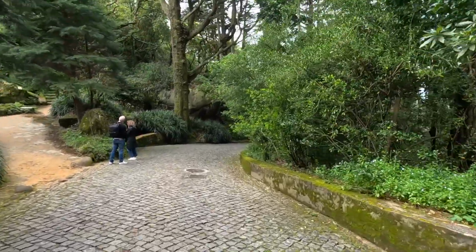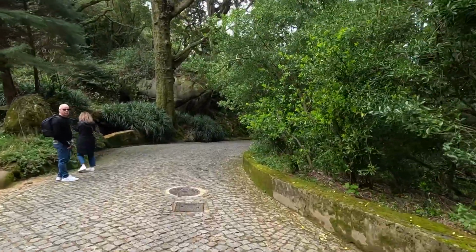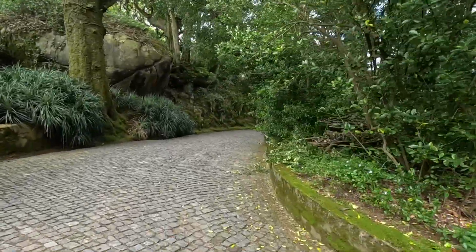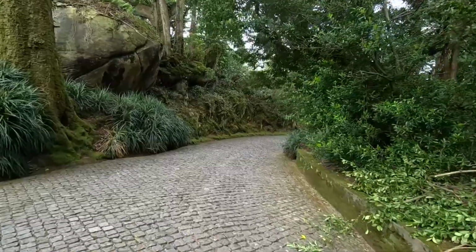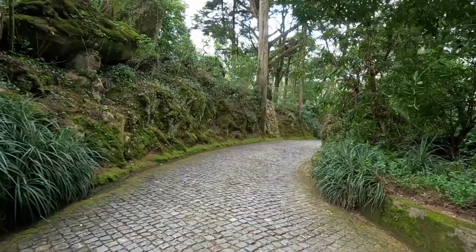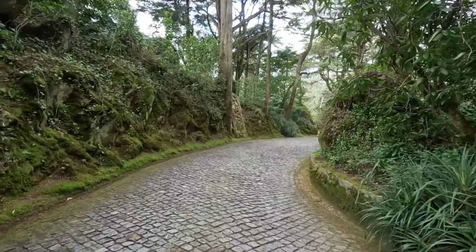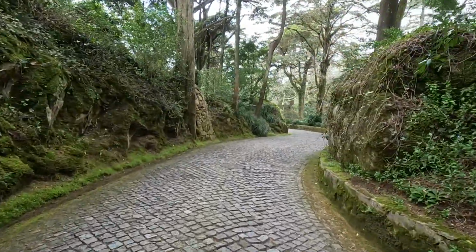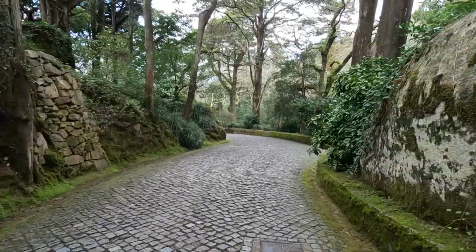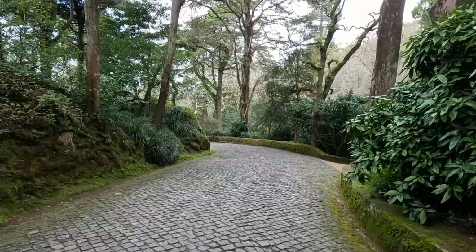And strangely enough, nobody asked me for a ticket to enter this area. So I would imagine if I had not bought the ticket, I would be okay walking there. But anyway, I would suggest you buy a ticket, even if they don't check